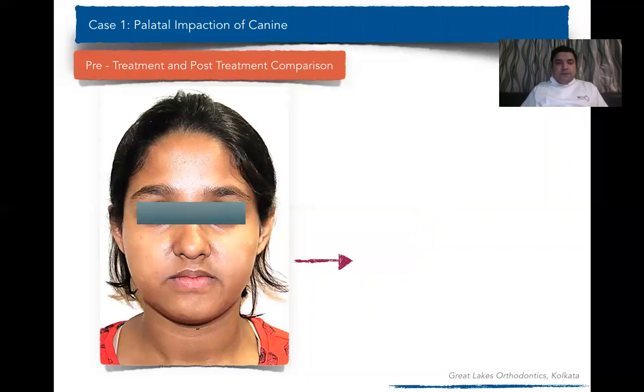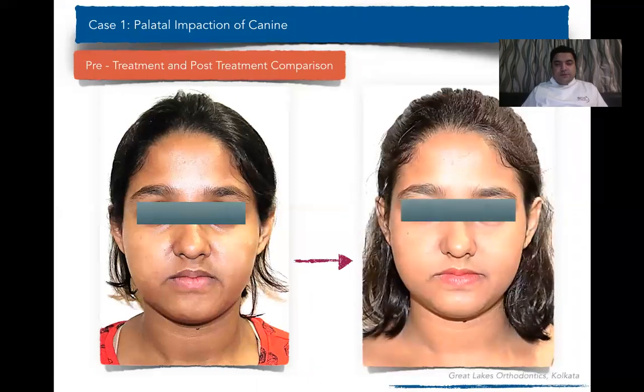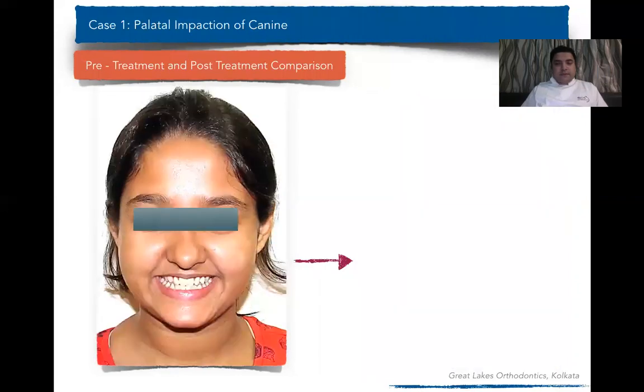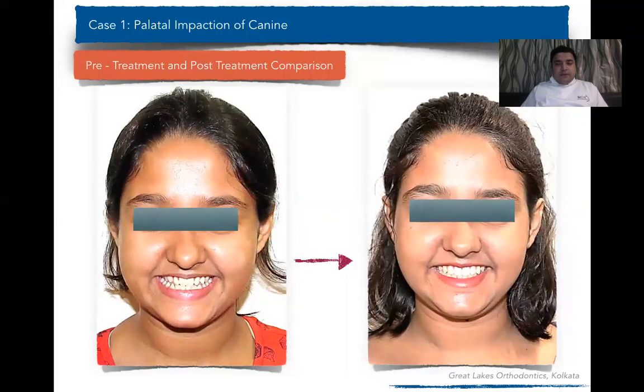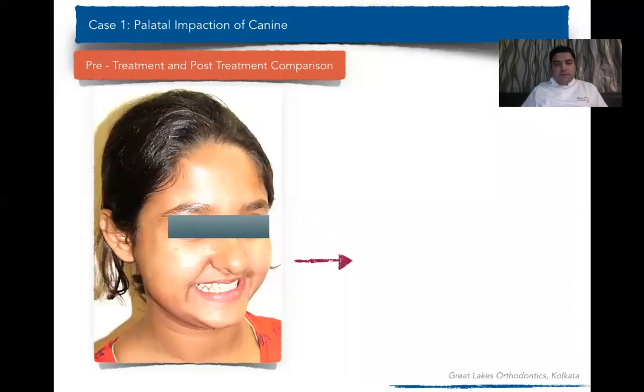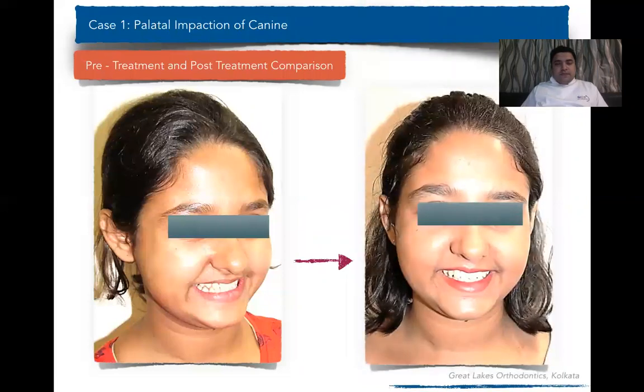So what is the pre and post treatment comparison? The extraoral shows that yes, it's a very balanced face, and the competency of the lip is not compromised at the end of the treatment, even though it was non-extraction. There's no crowding at the end of the day. The smile arc is perfect, with well aligned upper and lower arches and midlines perfectly on. When we see this analysis, we found that in the 45-degree view, the smile is very, very aesthetic at the end of the treatment.